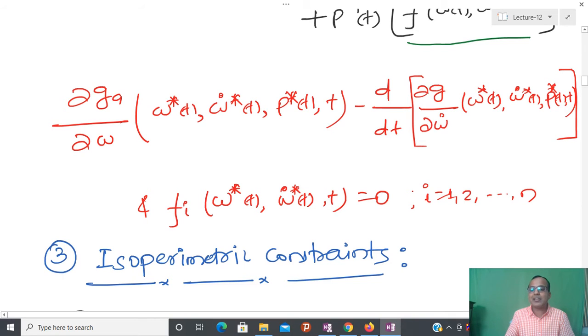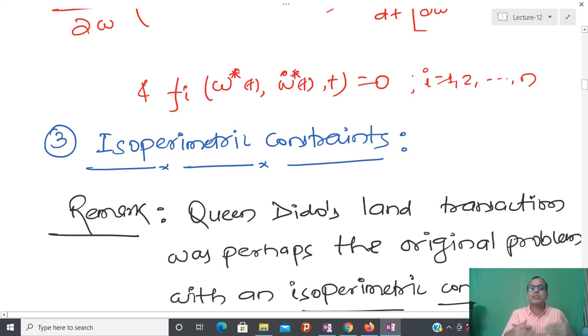In today's lecture we are going to see the third class of problem. So basically the optimization problem remains the same. I have omega. Omega has n number of entries in column vector form, which are all functions, and after that I have to minimize some kind of functional that is defined by the integral from t0 to tf of g(omega, omega dot, t), which might also be a function of t. So we have to actually extremize that.